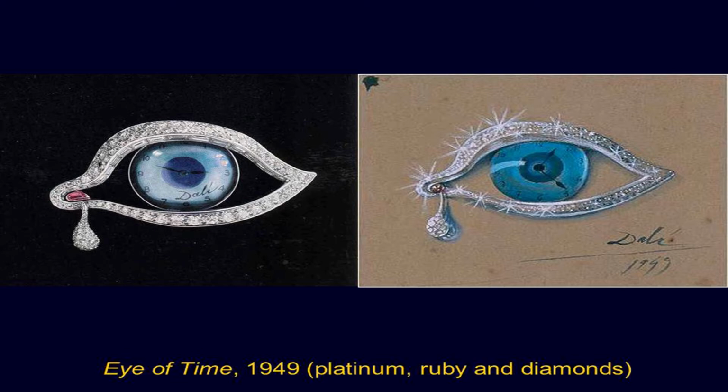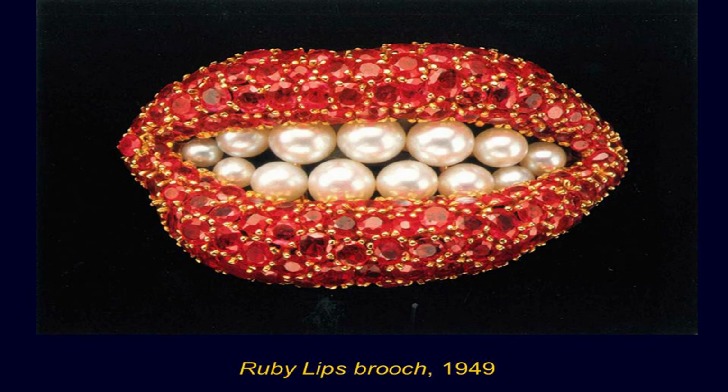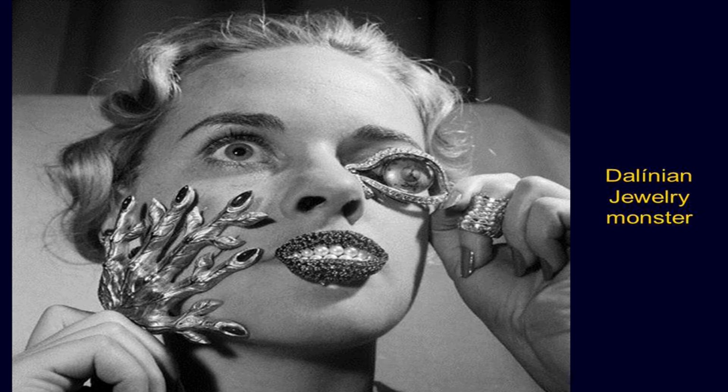He loved the idea of an artist not only making fine art, but also making really extreme jewelry, almost like the royal crown jewels of England. And so this was one of the real successes. This, of course, is the Eye of Time, which was covered, dripping with diamonds and a working clock and this ruby right there in the center. And then, of course, in a way, the most fun of all, the ruby lips with the teeth of pearls, the brooch. We have copies of them out in the store, but 1949, 1950 is when a lot of these were made. And I love this photograph of the sort of Dali jewelry monster where the lips are in place and the eye is in place, and it's like right out of a creep show horror movie poster,